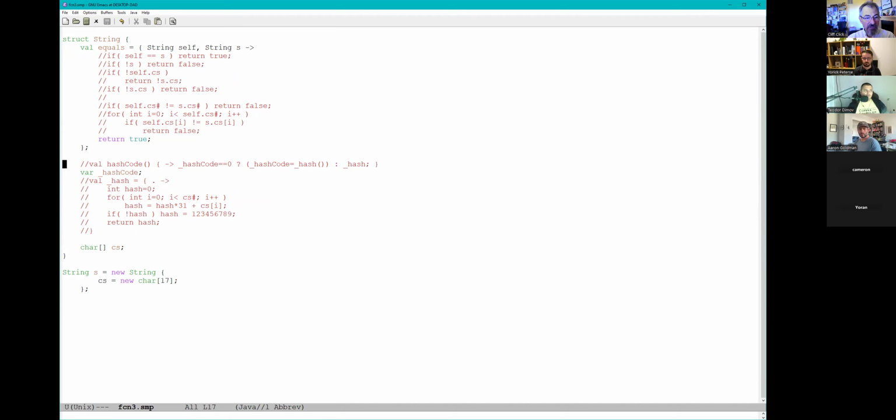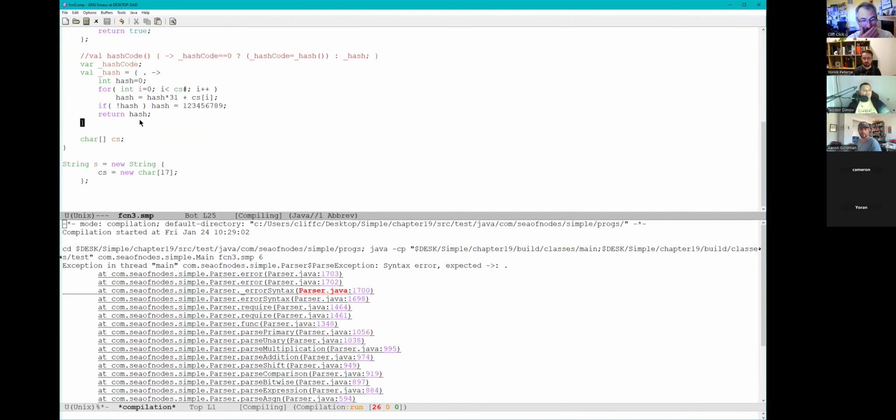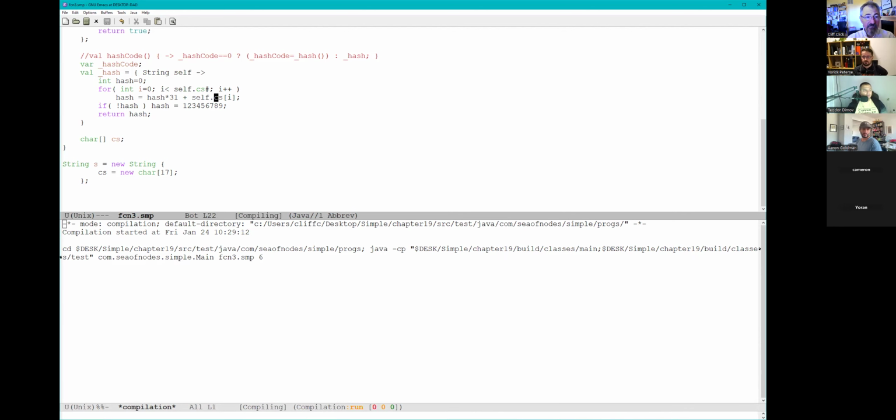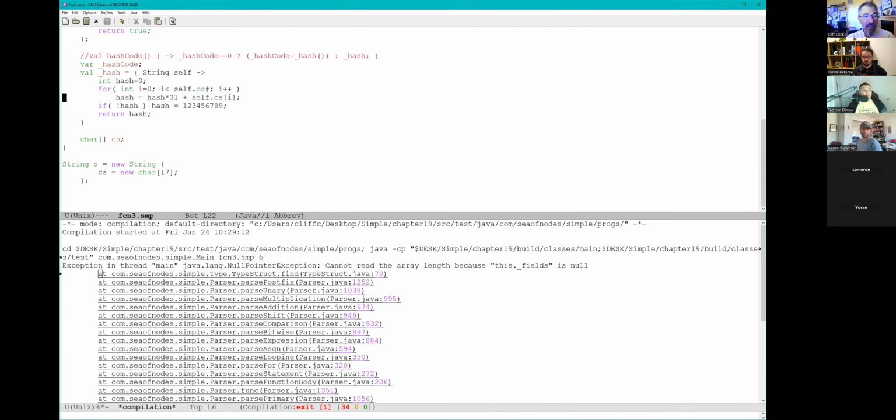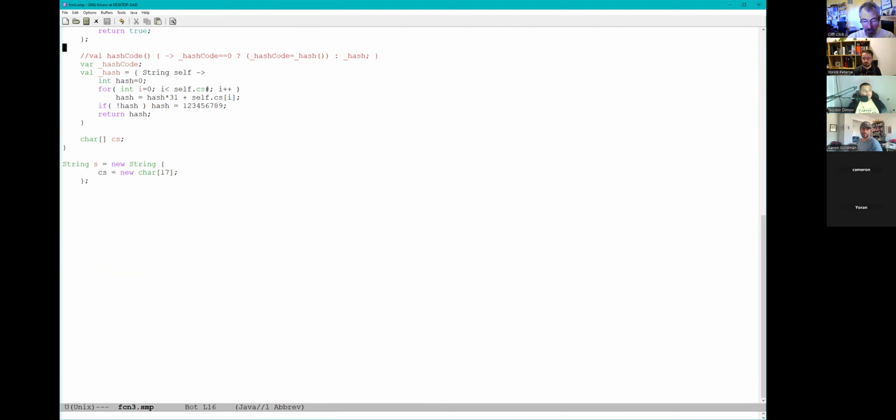All right, so I need better error messages. It's pretty obvious. It expected an arrow, didn't like a dot, because I don't have a thing. So this is all self dot, and I have to check for null again. Okay, so right.